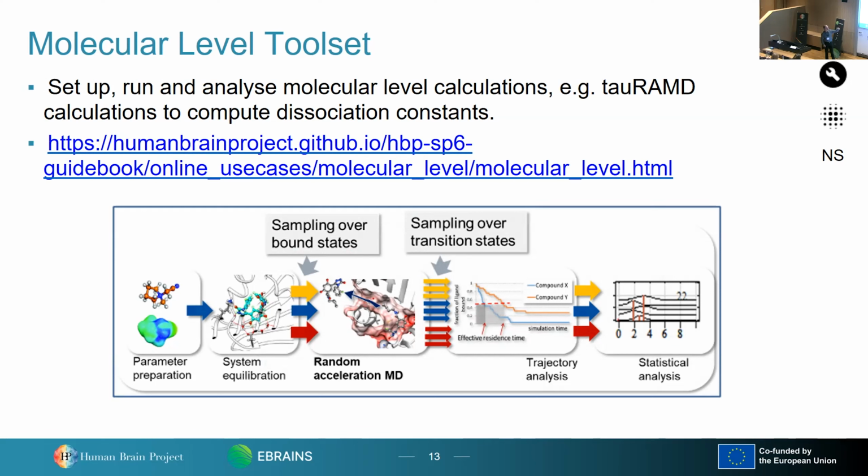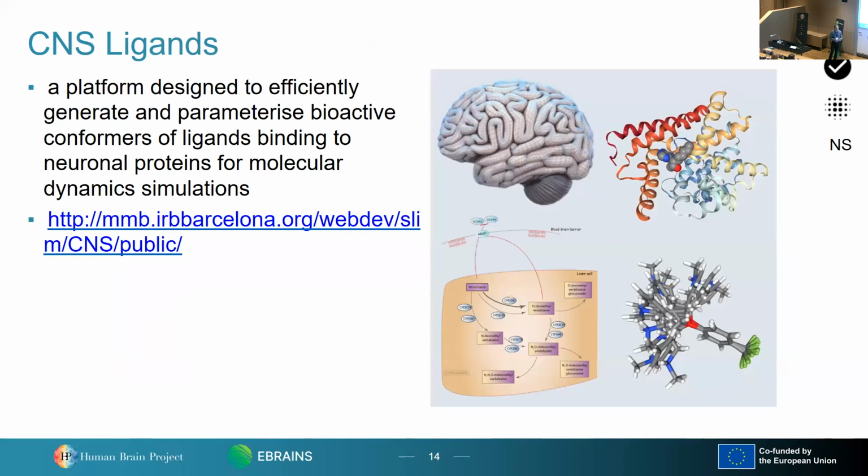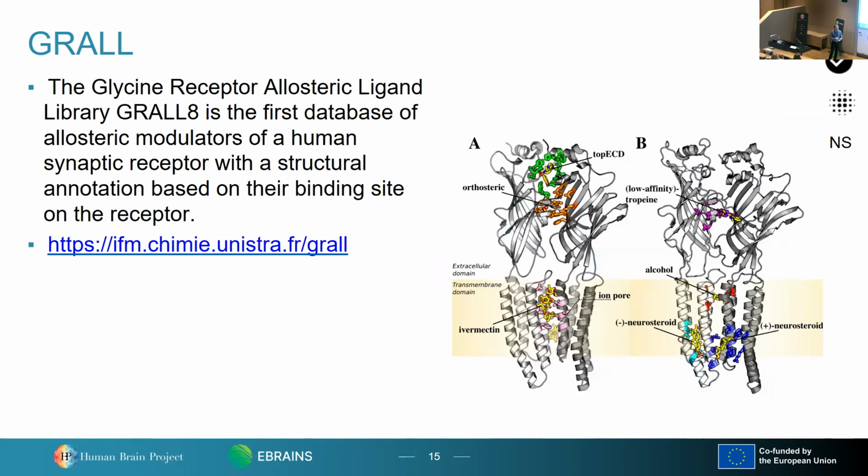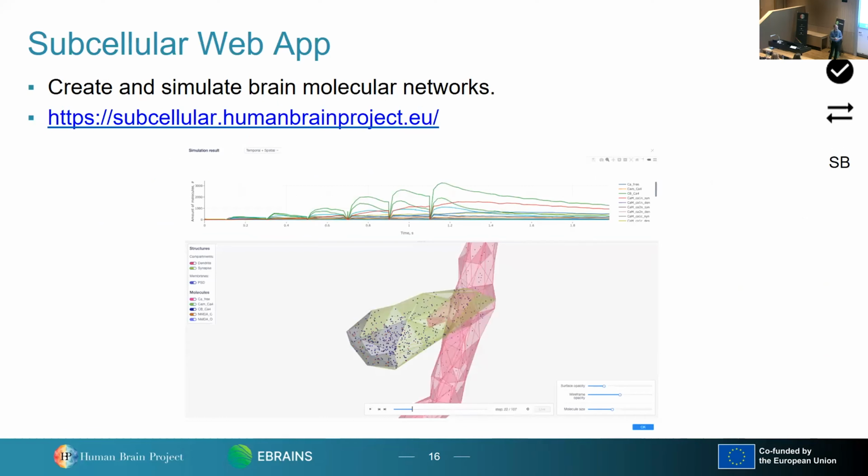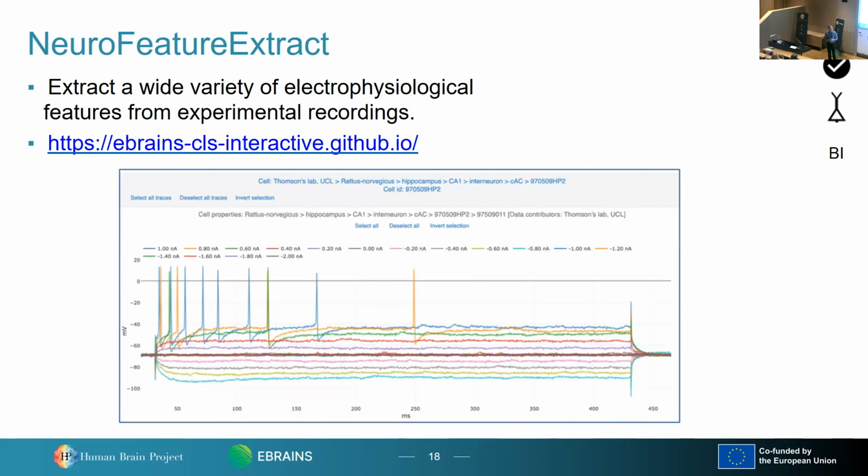If there's a screen, it means it's a visualization. It's a web-based tool. We have CNRS ligands. GROL is a database of modulators of synaptic receptors. We have a subcellular web app which lets you create and build brain molecular networks.